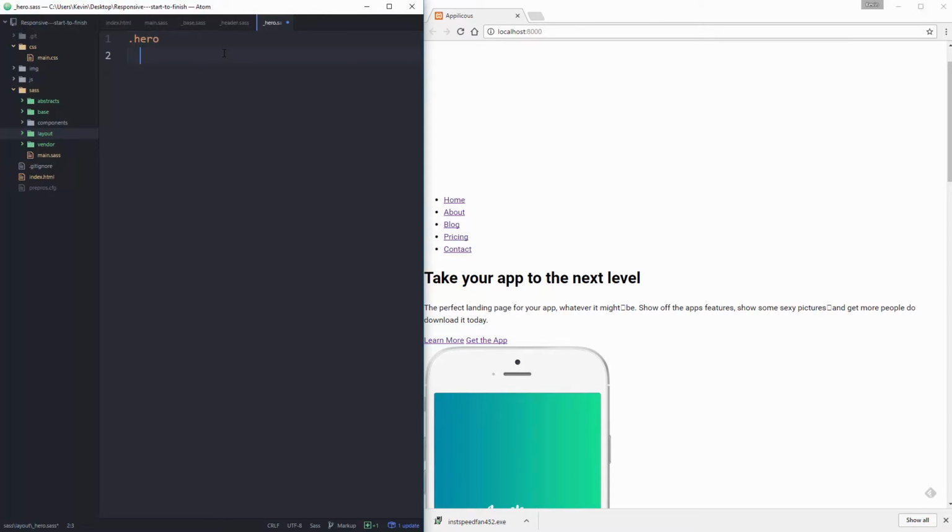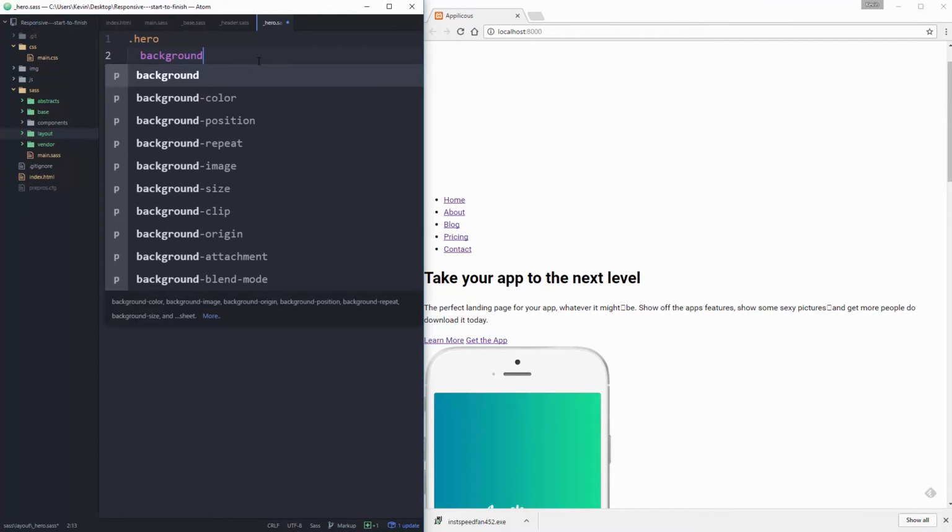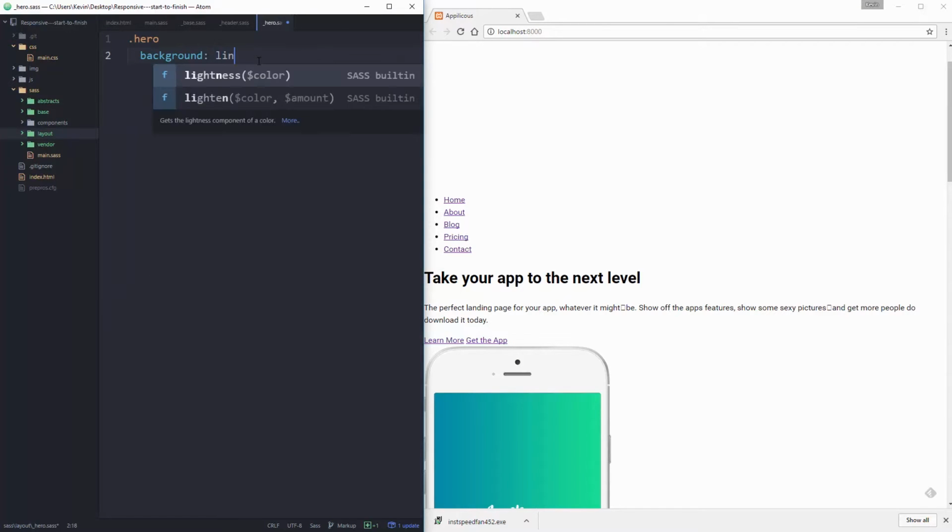Hero. On my hero, I want to give this a background, right? We want to be able to see it, and it is that gradient. So background, linear gradient, primary, secondary,